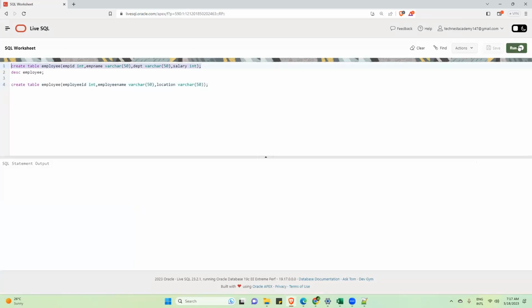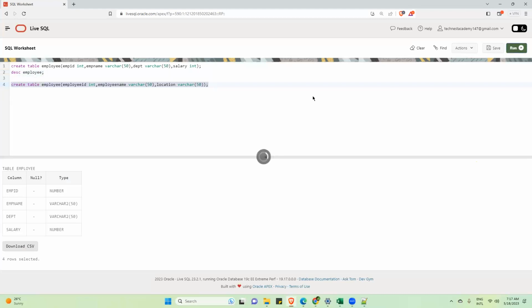So now see, I will create this employee table. This is already created. I will show you the structure. Okay, this is there. Now I'm trying to create this employee table again. Now check it. It is throwing an error message: name is already used by an existing object. The reason is that in a database, you are not allowed to create two tables with the same name. Already in the database you have a table with the name employee, and again you are creating the same table name. That is not allowed. Is that clear?